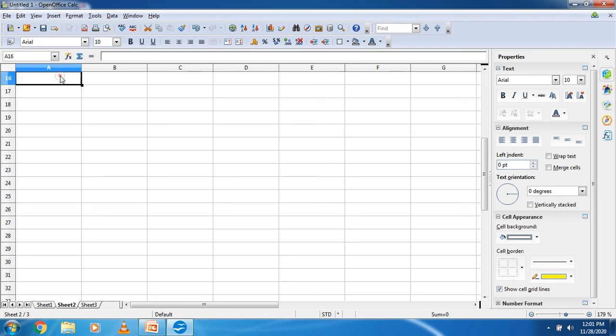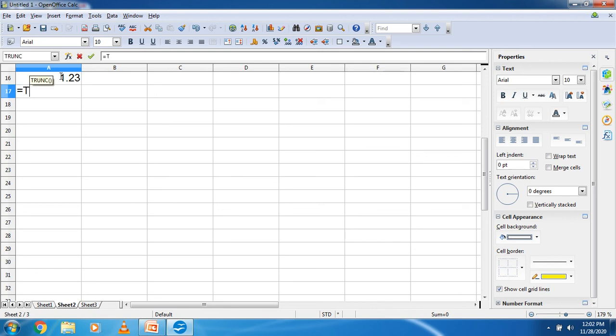Here I am using the truncate function, equal to trunc, bracket open. Suppose I am writing the number 1.239 and I want to cut the last digit, 2. So it returns the value 1.23 and digit 9 is lost.